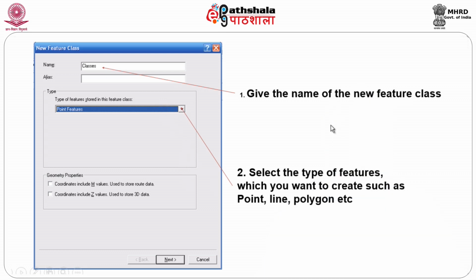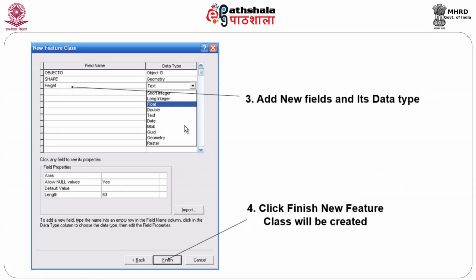Now, let us see that. I give the name of the feature class, and I also select what is the type of feature I want, a point, a line or area, or a polygon rather, in these terms, and then I will have to give the attribute information. I was just telling you how to create the database. When you talk about database, you just can't end up with some sort of a line or a point or area. Otherwise, it is not much different from your hard copy or a scanned copy. The importance here is that always give the data type. What data you want to add to that. You can have any number of data, there is no limitation.